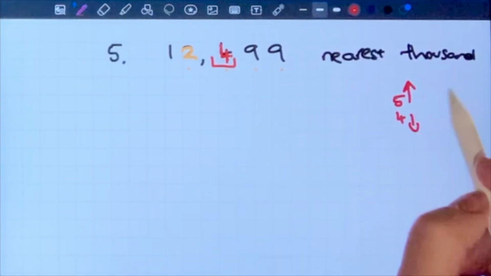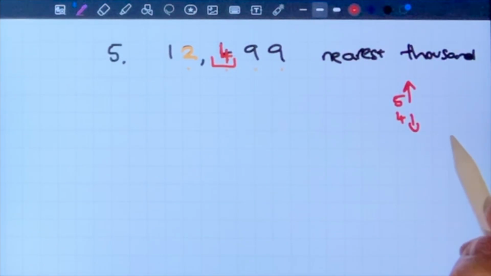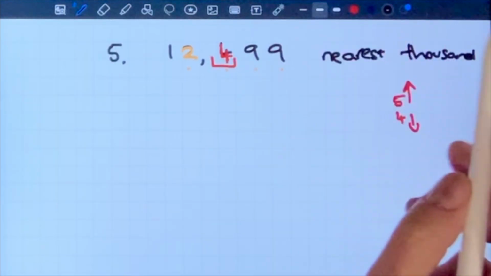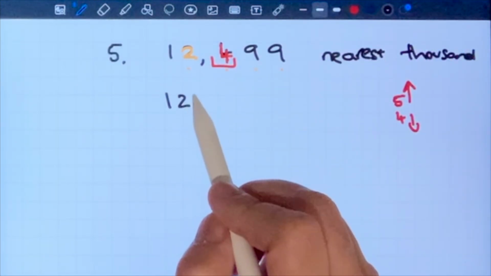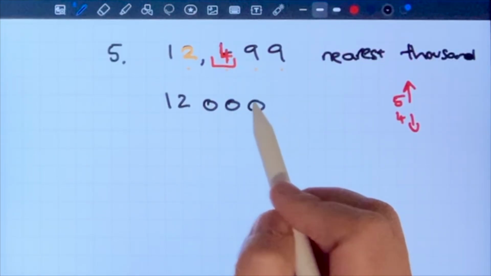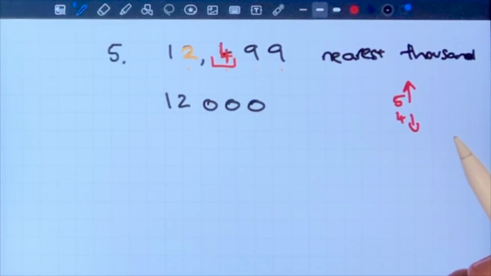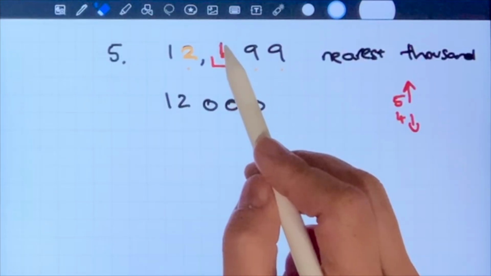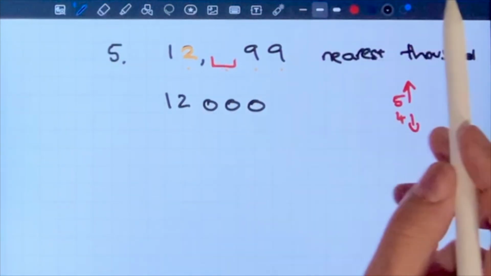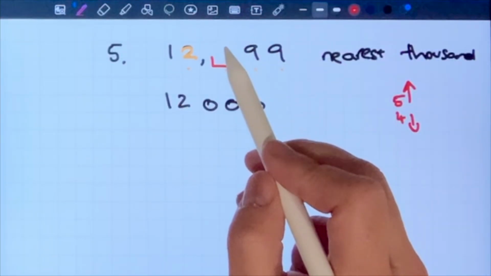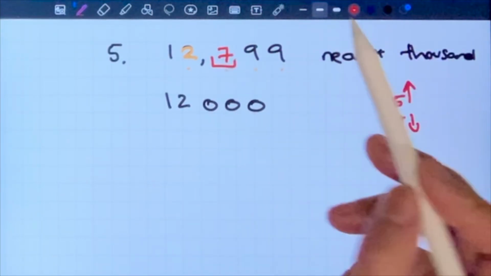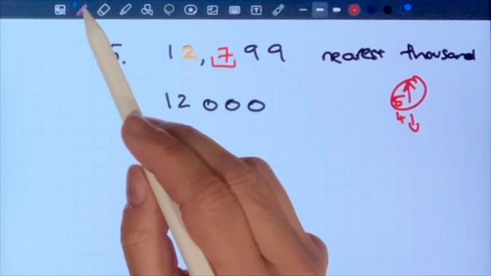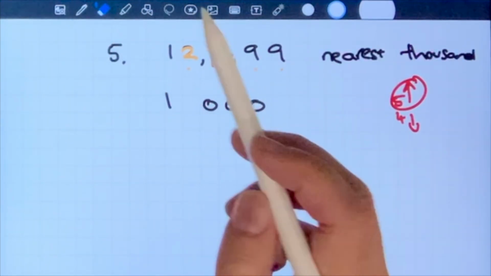So I know that any digit 4 or lower gets rounded down. So in this example, our number will get rounded down. And therefore this will become 12,000. If this critical digit, if it was, let's say, a 7, then the number would be rounded up, and then it would be